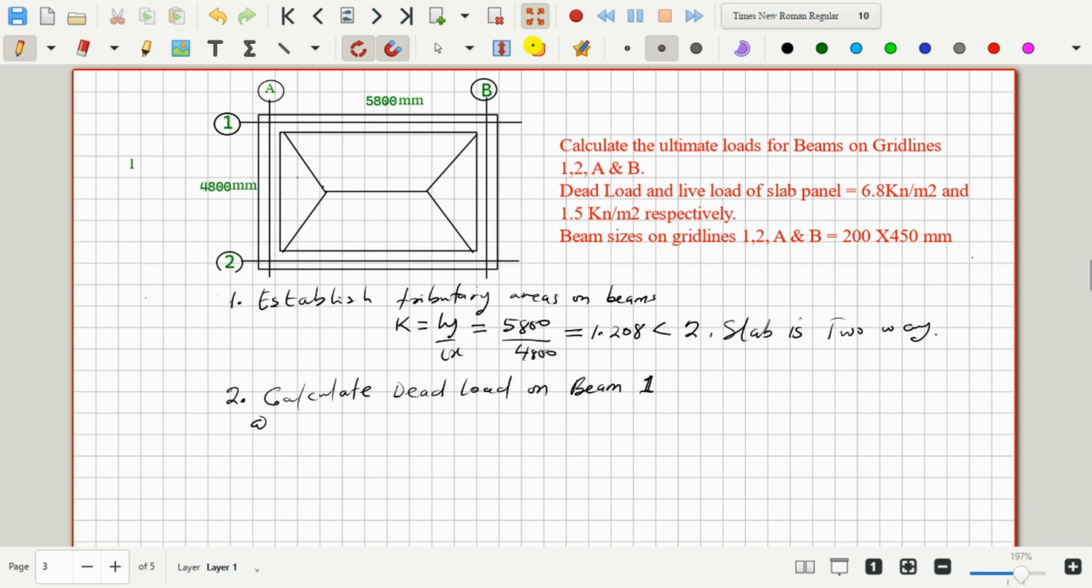So we'll consider first of all the self weight of beam 1, and that is given as the cross-sectional area multiplied by the density of concrete. So when we look at our example, the beam sizes on all the four beams are 200 by 450. So the cross-sectional area, we'll convert it to meters. So 0.2 multiplied by 0.45 multiplied by the density of concrete, which is 24. And if we work that out, we'll have 2.16 kilonewton per meter. So that's the first part. We've been able to calculate the self weight of beam 1. And then B,